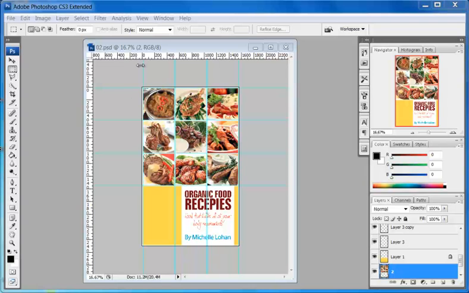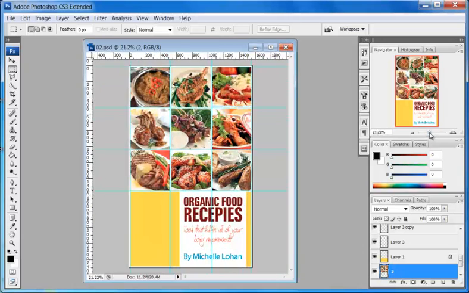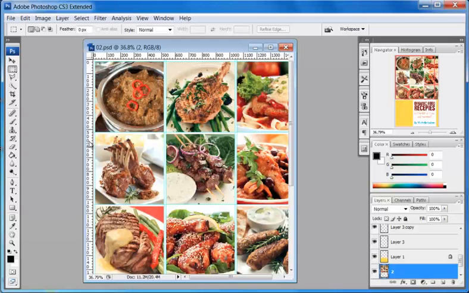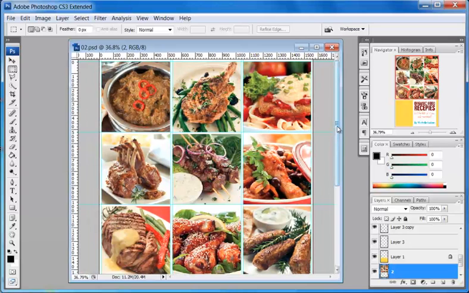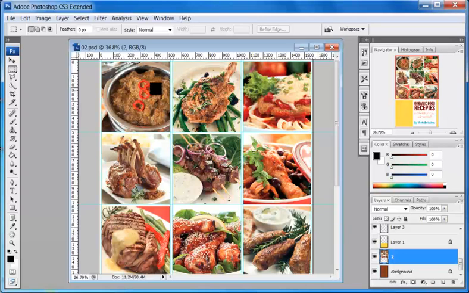And what I've done with this template is I've already put these guidelines in. So if I just make this a little bit bigger, you'll be able to see the guidelines, right? So these are the guidelines, and they will help you to replace these images. Okay, so the first thing we're going to do is we'll locate the layer that these images are on, and if we look in the layers section, here's the one image which is basically showing all these images. So what I've done is I've actually gone ahead and put these guidelines in, so it makes it really easy